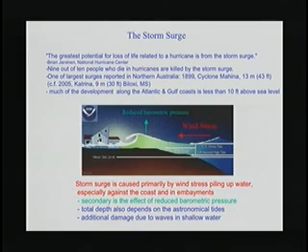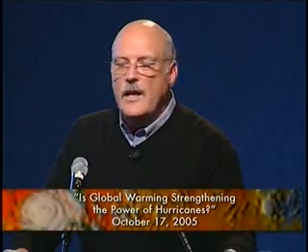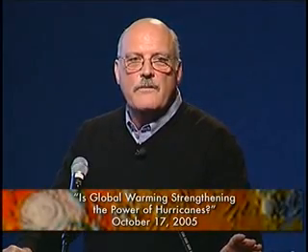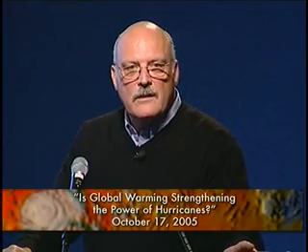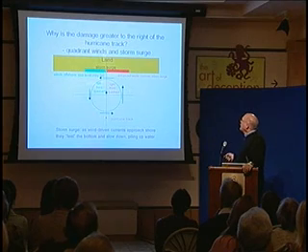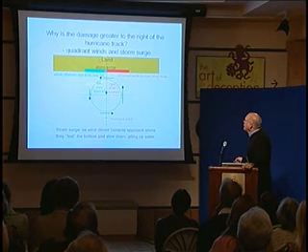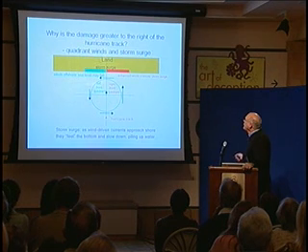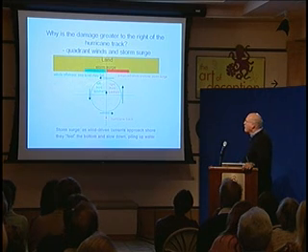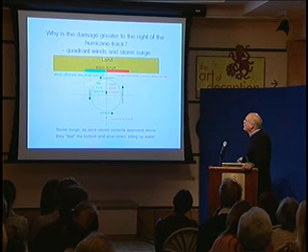Now, if you were watching the news broadcasts on the impact of Katrina as it was approaching land and after it hit land, you will recall that there was much emphasis on whether places were to the left or the right of the eye of the storm as it approached landfall. And this is mainly due to this effect. If we consider the hurricane here moving towards land up here, and it's moving with a velocity represented by this arrow, then the winds to the right of the hurricane are the sum of the winds in the circulation plus the motion of the hurricane.